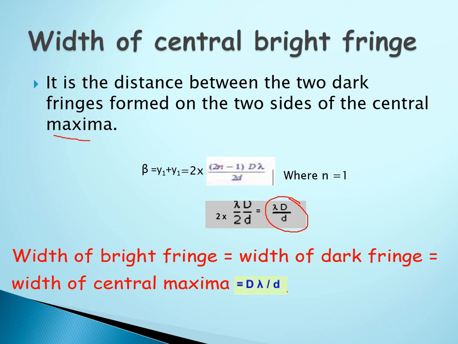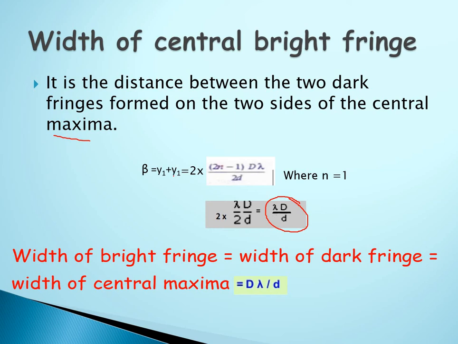Many of you must have had a doubt why here we have added, while in the other 2 places we subtracted. You just go back to the figure and use your common sense. In the previous figure, the dark and bright fringes were all on one side of the central maximum. Here, one is on the top of the central maximum and the other is at the bottom, so it's not the difference; we have to sum these two. Then only will we get the width of the central bright maximum.